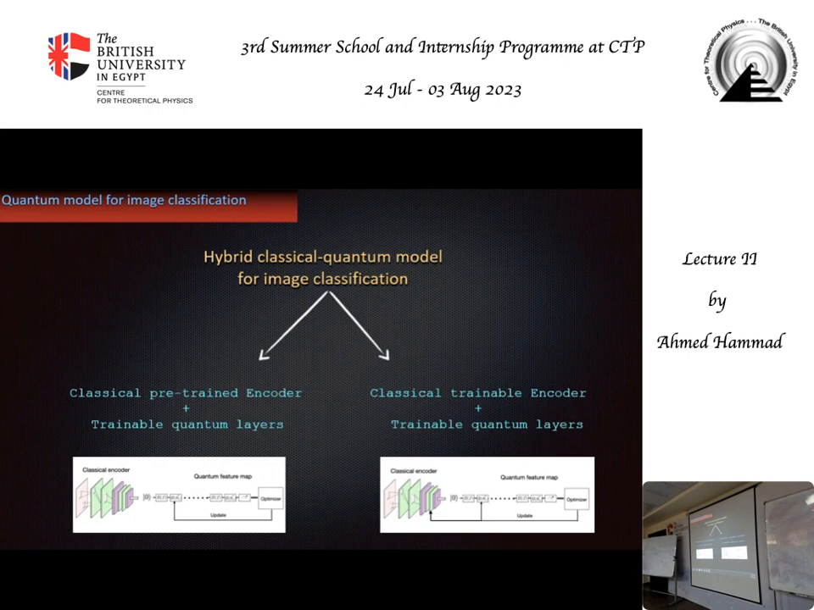So if you want to embed this image on a quantum computer, then you have to embed each pixel on one qubit, right? So how many qubits? It's 2 times 3. So this is impossible, right? We need this number of qubits, and this is impossible. So one way to do that is to use a classical